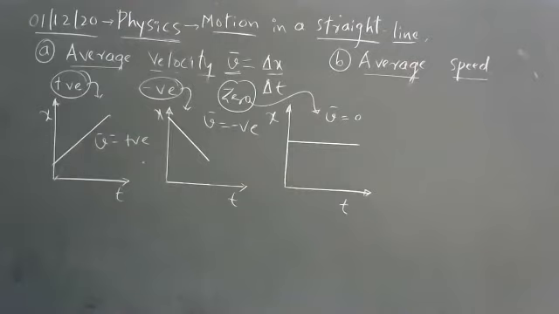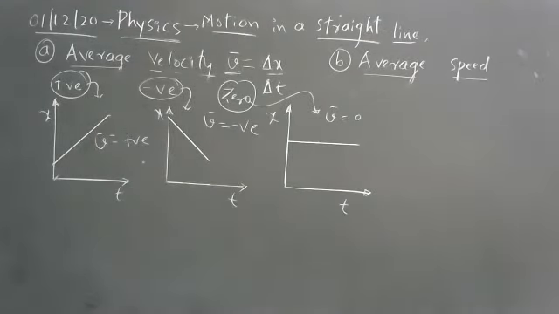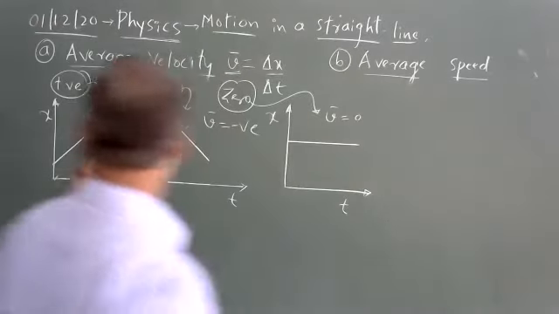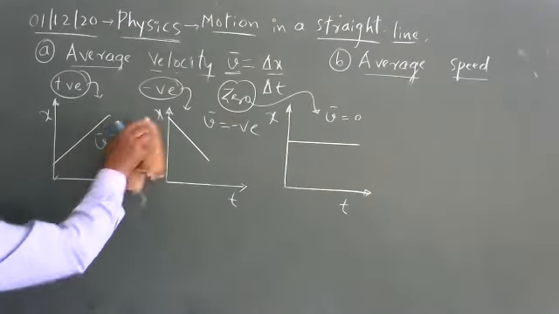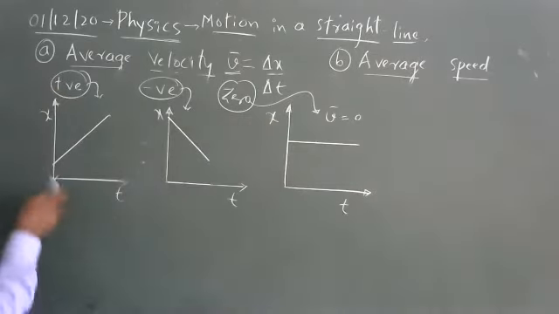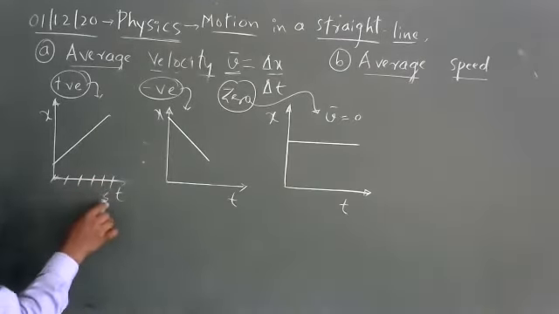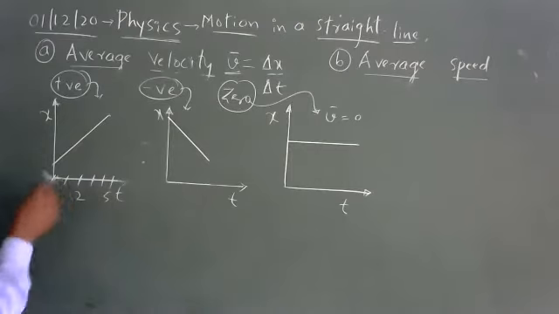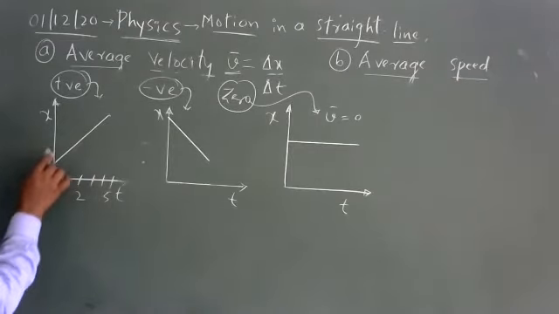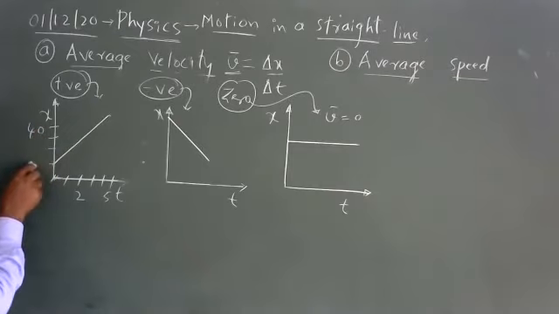How to convince ourselves it is positive, negative, and 0? Let me take an example. Here, how I get this positive, how I get this negative, I will write it. Now take for example, this is your 0, 1 second, 2 second, 3 second, 4 second, 5 second. So call it as 10 meter, 20 meter, 30 meter, 40 meter. This is 40 meter, this is 10 meter, this is 20 meter.